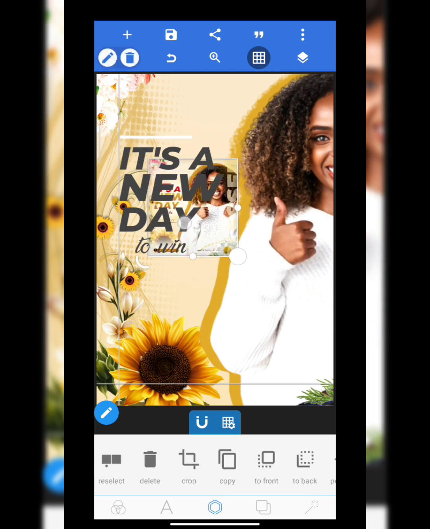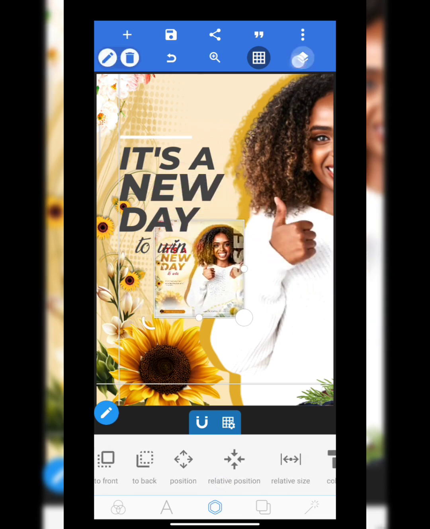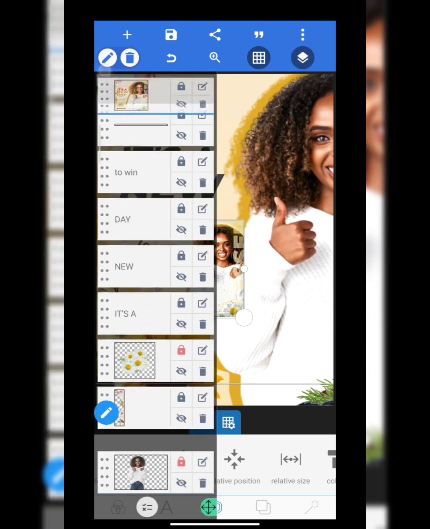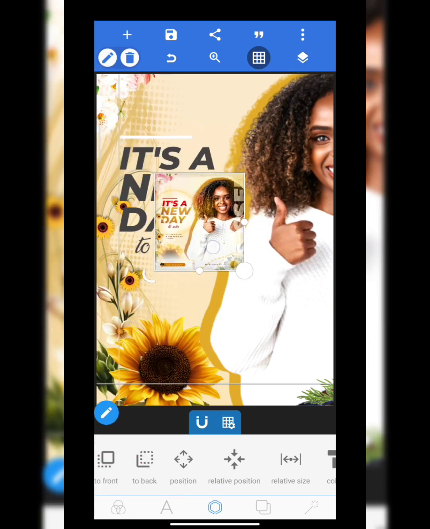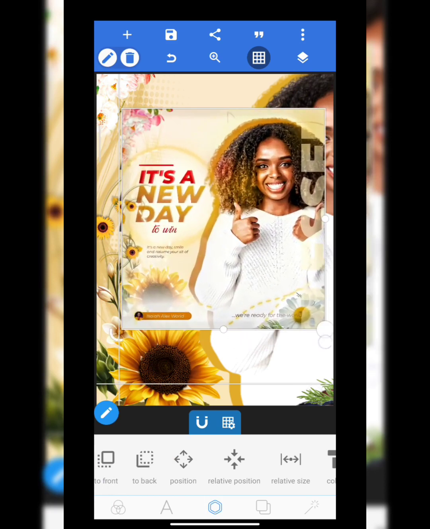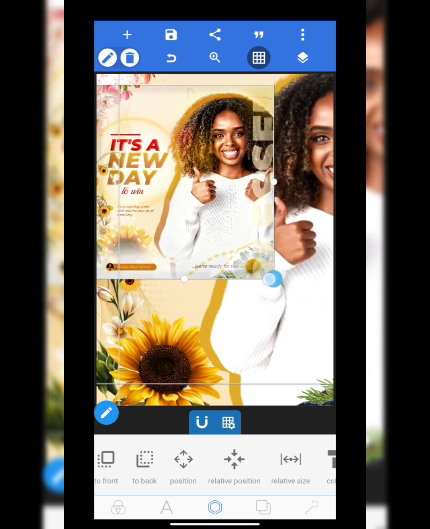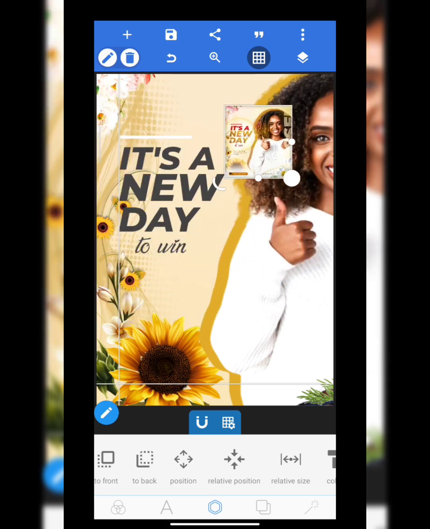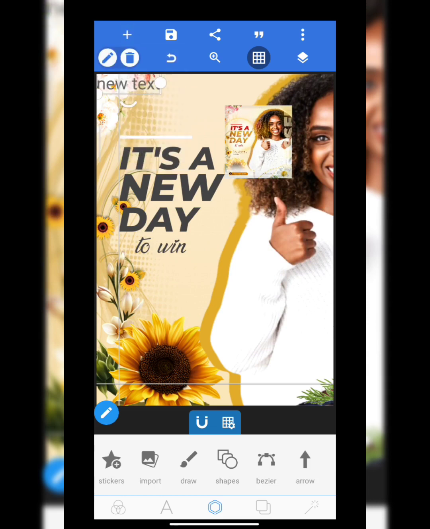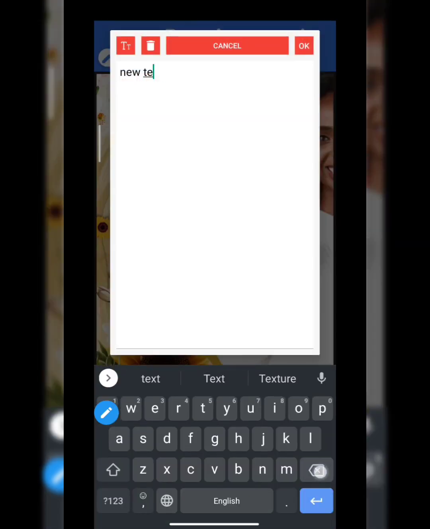One last thing, everybody wants to put stuff. Let me take this new quote. One last thing, the quote I share is: smile and resume your seat of creativity, inspiration, which is true. So I add our text: it's a new day, it's a new day, smile and resume